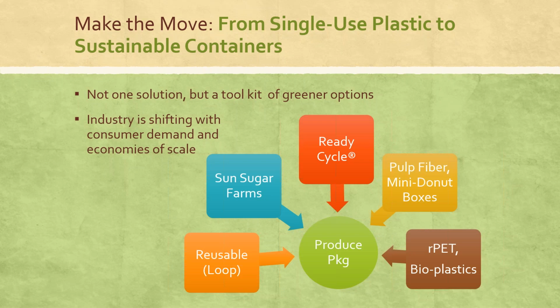There is a reusable, refillable delivery system that many of you may have heard of called Loop, which is from TerraCycle, an awesome recycler out on the East Coast. And they're starting to work with major brands like Nestle and P&G to test a reusable, refillable delivery system for their products. Then there are also the rPET or recycled polyethylene options. So this is actually using recycled material that you would find in water bottles instead of virgin plastic. The downside there is it still involves plastic, which breaks down into microplastics, and it supports the petroleum industry.